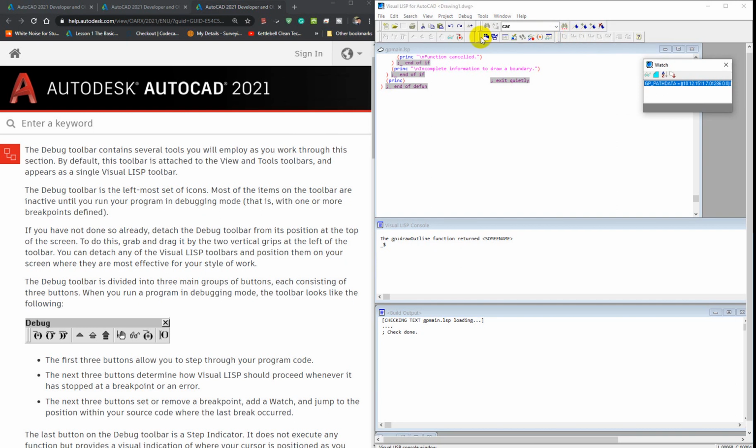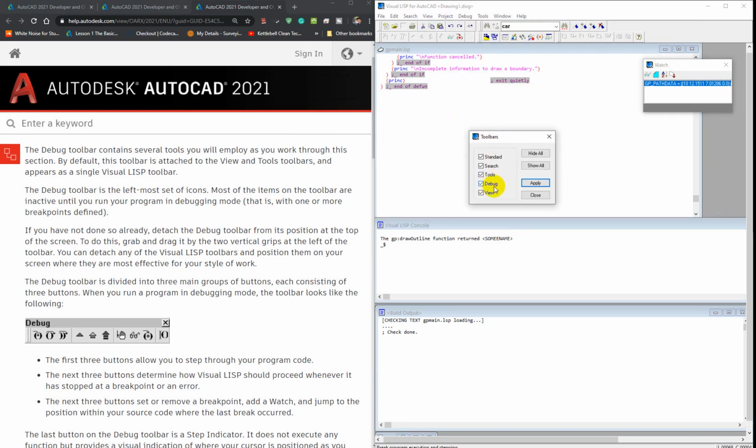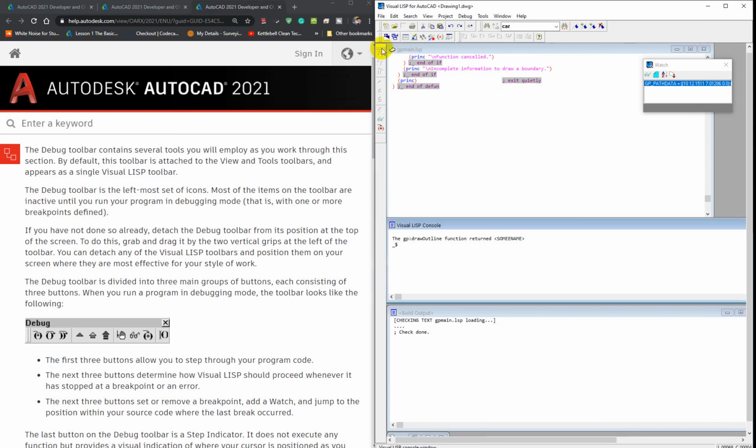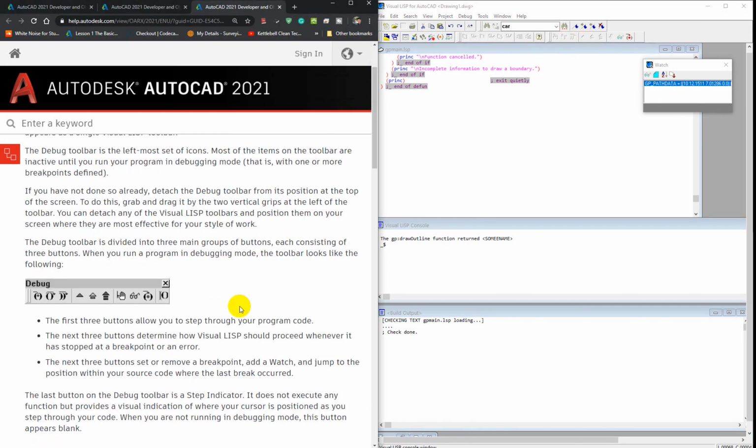You should have a debug toolbar somewhere. I'm going to get the debug toolbar. So if it is here, I'm going to make it on top there. So this is the debug toolbar. I'm going to put it out there. It's called debug here. So I'm going to put it on top there. Okay. So the debug toolbar